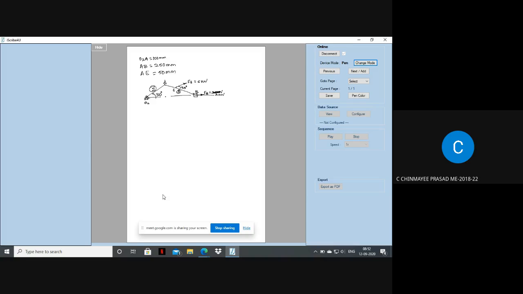What scale should we take? O2A is 100 and AB is 250, right? You can take 1:2, so you can easily draw the diagram. It will become 50 mm and 125 mm. So use a convenient scale. We need this configuration diagram as per scale so that we get the angle of the connecting rod. We already have the angle of the crankshaft, but we need the angle of the connecting rod and the force direction. To get that, you should draw it as per scale.